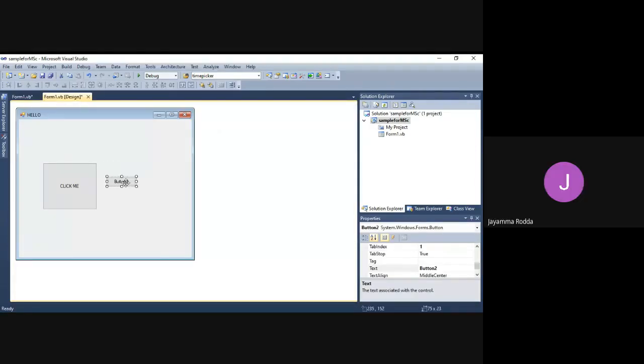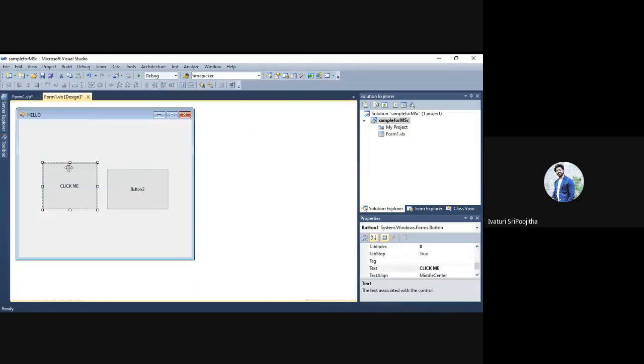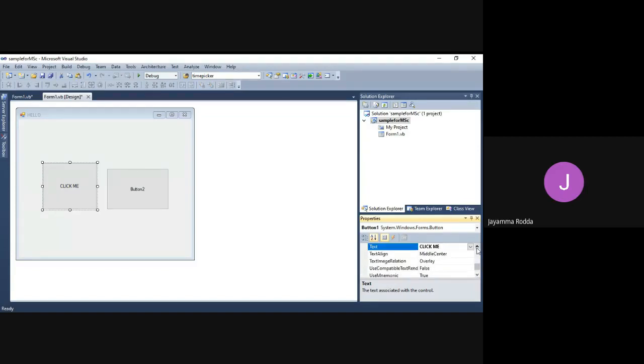I'm trying to enlarge this. Wait a minute. I have to increase the font size. What I'm trying to do, you just see and understand.